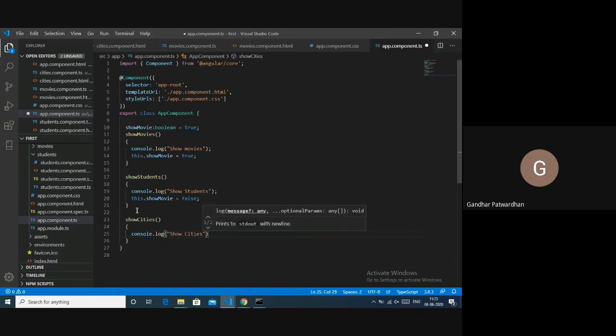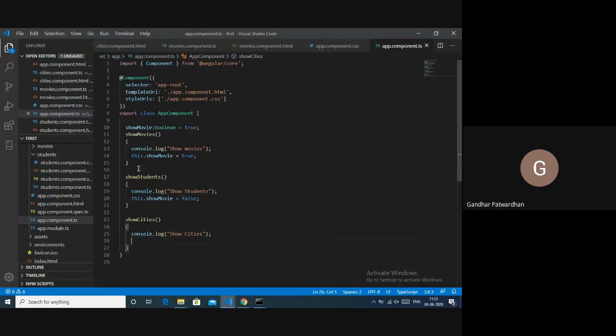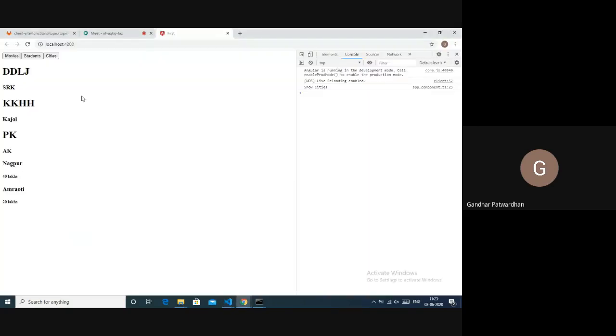Now this console.log is optional, it is not compulsory. The only thing is that it will help us identify whether that function is called or not. So let us check. Yes, we got cities, and if I click on cities, I get show cities. Now there is no change to students or movies because cities does not involve any such functionality.